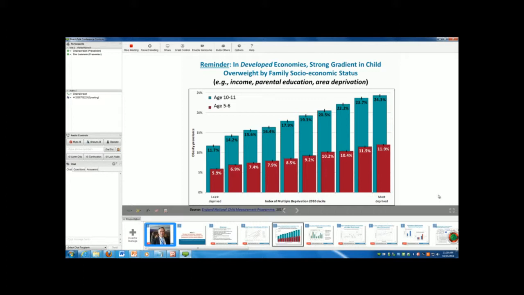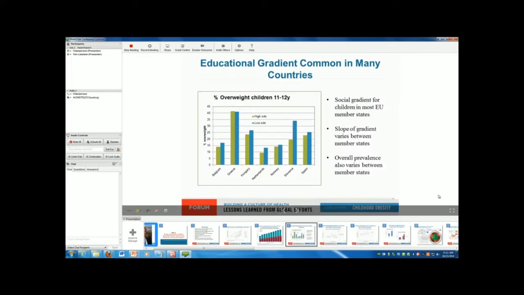And I have to say, this data is really beautiful. It's measured data. It's not self-reported. And it's virtually all children in England. It's not a sample. It's all children in England. I think Harry can confirm it's up at the sort of 95, 96% collection levels. And that's extraordinary data, and it shows this very smooth gradient, and I want to come back to that a little later on. We can show it in a few other countries, similar data, not the smoothness of it, but at least comparing high and low education families or parents.